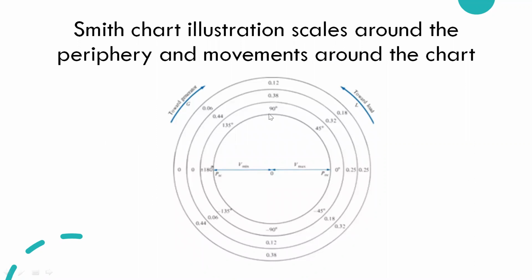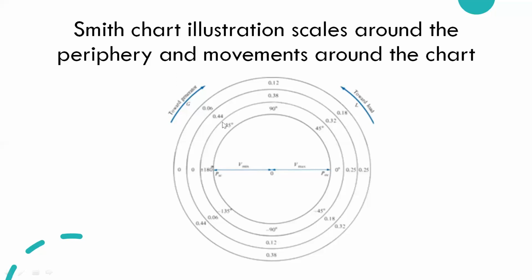If you see it very clearly, it has been shown: one direction is towards the generator side, the other is towards the load side. So it is a clockwise direction towards the generator, and an anti-clockwise direction towards the load. This is the outer periphery of the innermost circle of the Smith chart, which is equal to your protractor, and the point is shown here. One end of the point is the short circuit, and the other end on the right-hand side, at 0 degrees, is the point for open circuit. This is the center of your Smith chart.